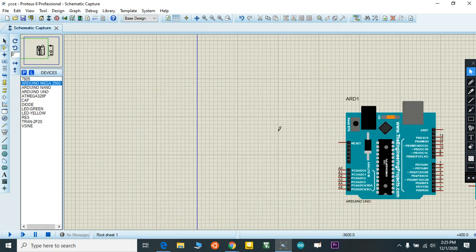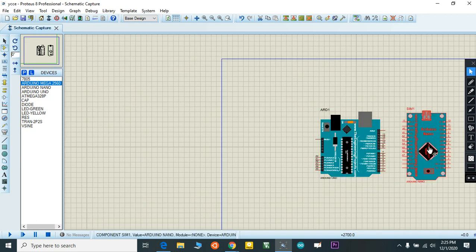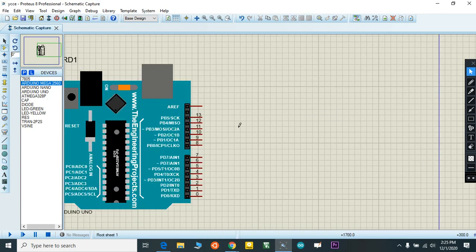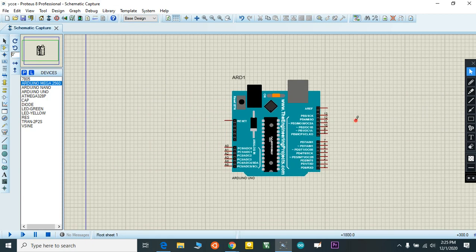Okay, I just delete. So this is our board. If you want to connect an LED, you can select an LED here, and a terminal.